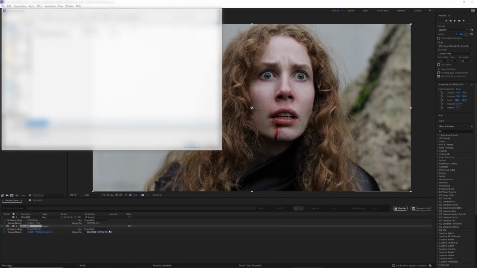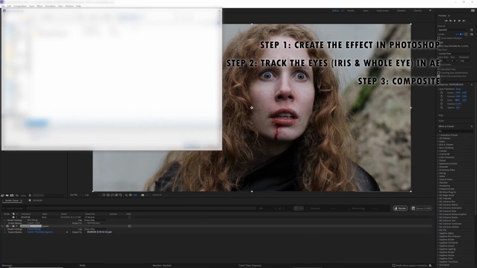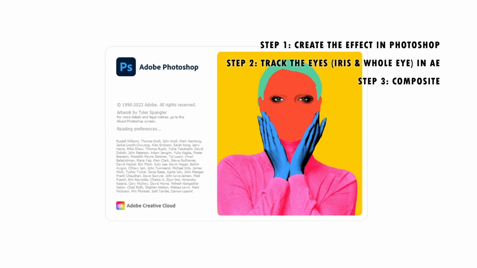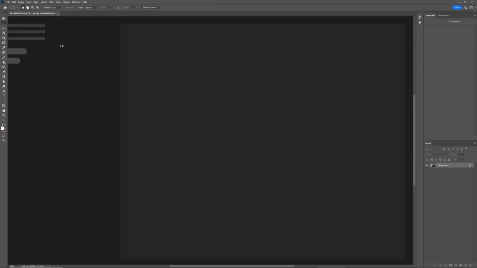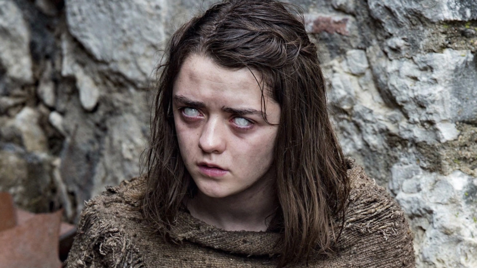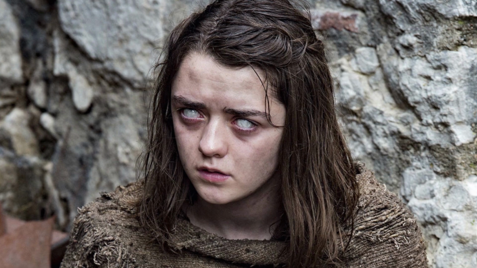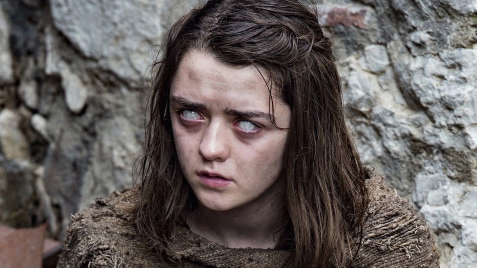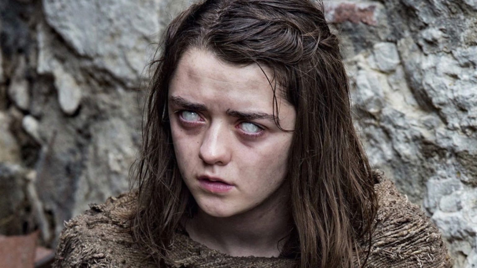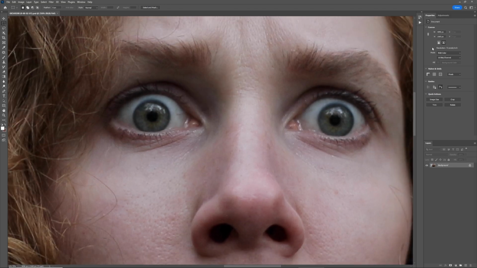So the way this is going to work is we are going to create the effect itself in Photoshop, then we're going to track the iris of the eye in After Effects, and later we're just going to be compositing everything together. If you take a look at the actual reference still from Game of Thrones, you can see that this effect is basically the iris is still visible, but it's just foggy, yet you can see the reflection in the eye. So the way we're going to do this in Photoshop is we are going to use a frequency